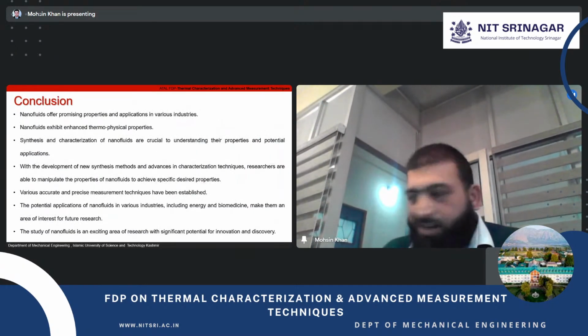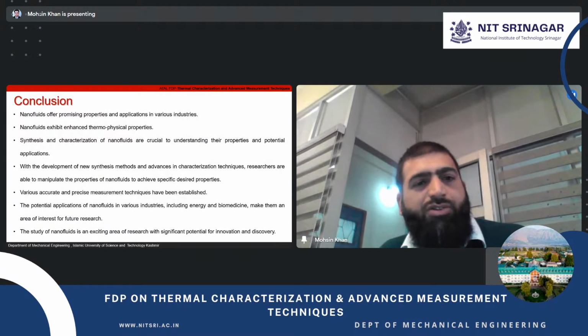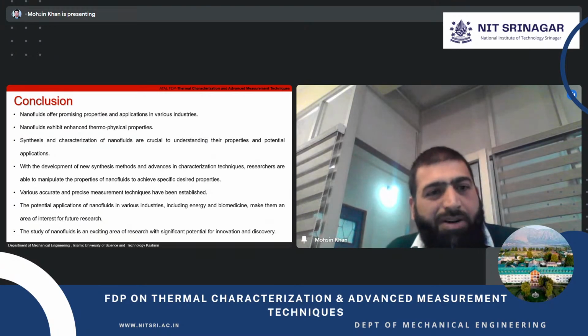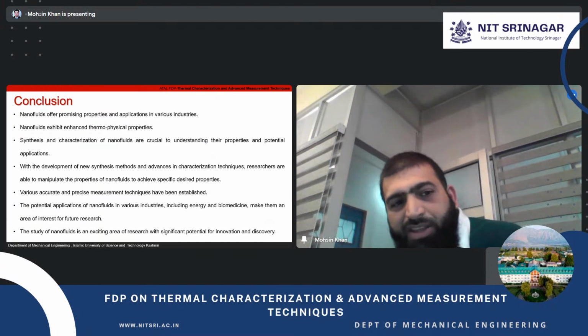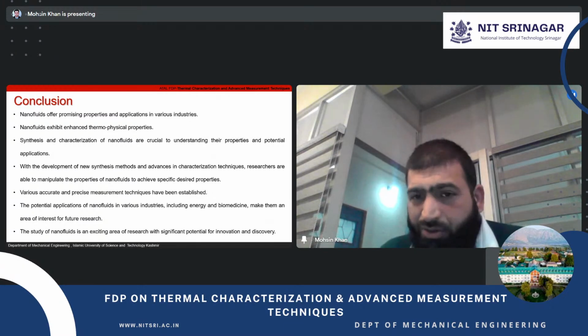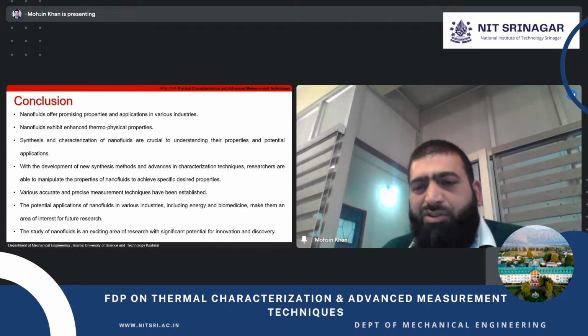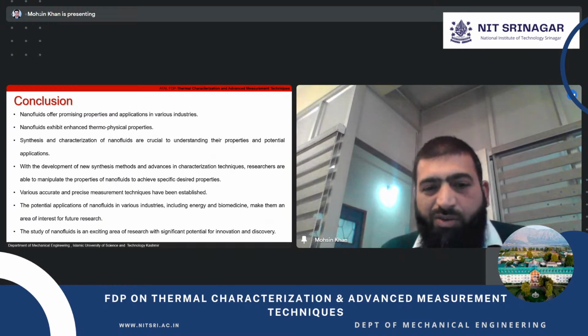Now, coming back to the last slide, the conclusions. Nanofluids offer promising properties for applications in various industries. Nanofluids exhibit enhanced thermodynamic properties. Synthesis and characterization of nanofluids are crucial to understanding their properties and potential applications. With the development of new synthesis methods and advancing characterization techniques, researchers are able to manipulate the properties to achieve